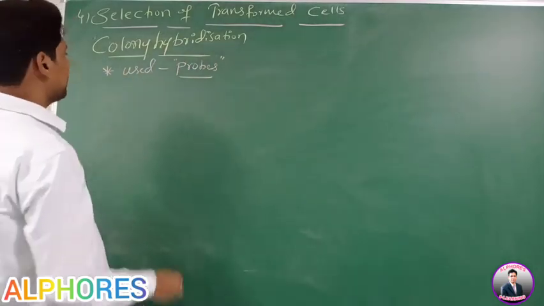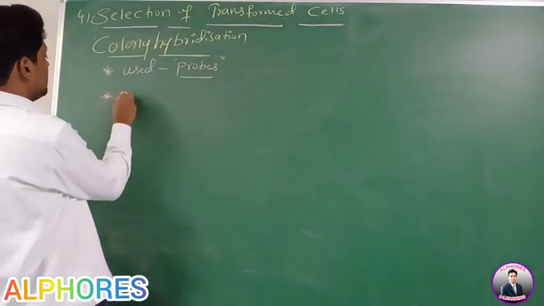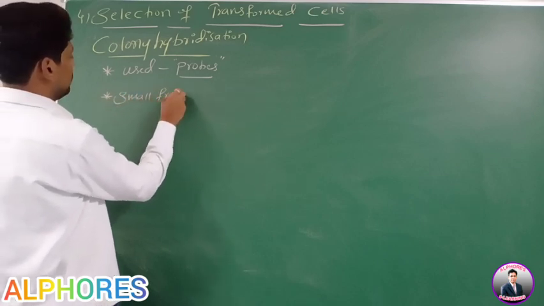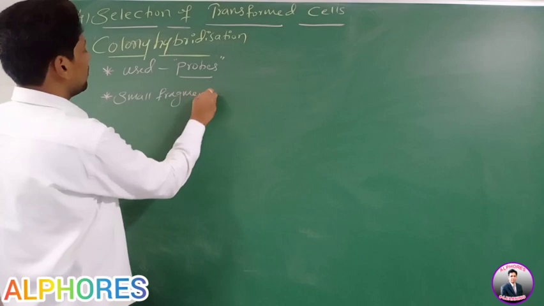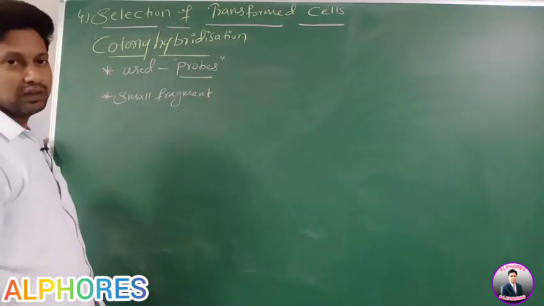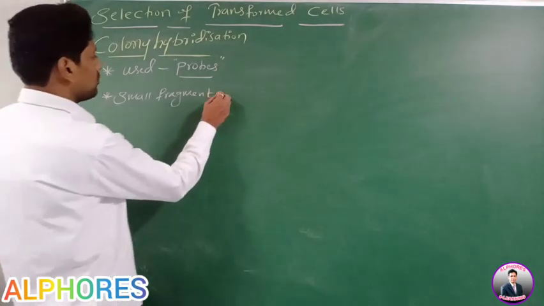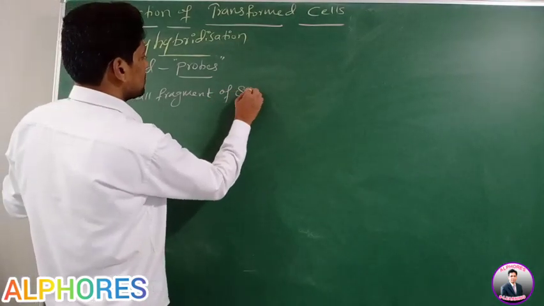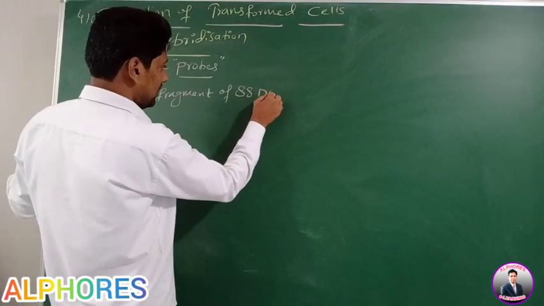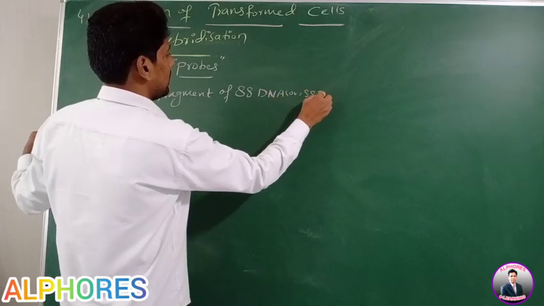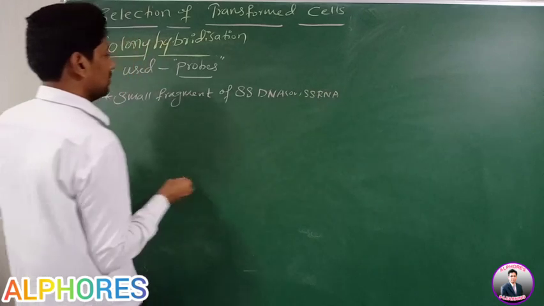Sir, what is the meaning of a probe? A probe is a small fragment. Each and every word is important, therefore be careful with these statements. Small fragment of single stranded DNA or single stranded RNA